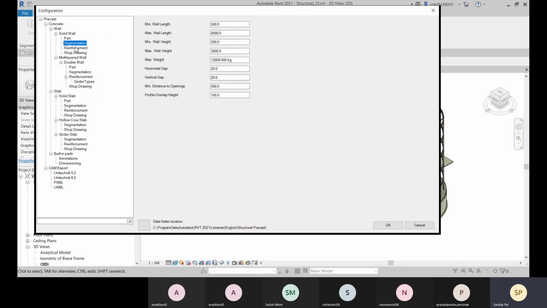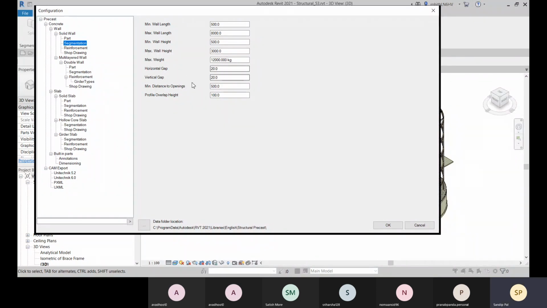You can go for the segmentation if you want to set what will be the segment length, the height, and the maximum weight. So you can define as per the concrete or the material density and weight. And as per that length, you can calculate what will be the maximum weight.